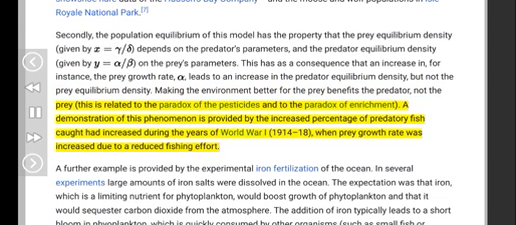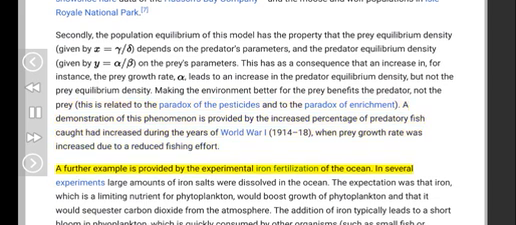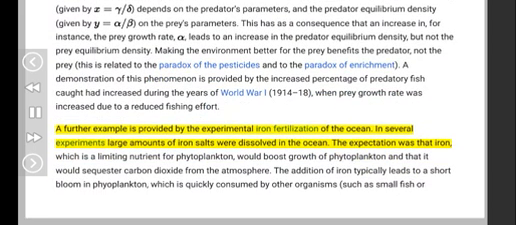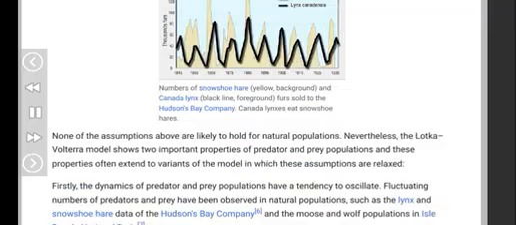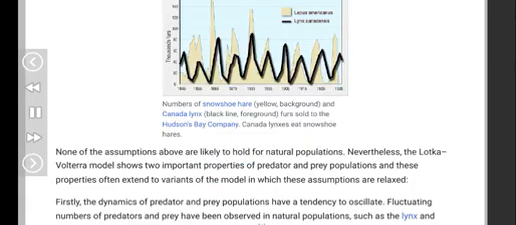A demonstration of this phenomenon is provided by the increased percentage of predatory fish caught during the years of World War I, 1914-18, when prey growth rate was increased due to a reduced fishing effort. A further example is provided by the experimental iron fertilization of the ocean. In several experiments, large amounts of iron salts were dissolved in the ocean. The expectation was that iron, which is a limiting nutrient for phytoplankton, would boost growth of phytoplankton and that